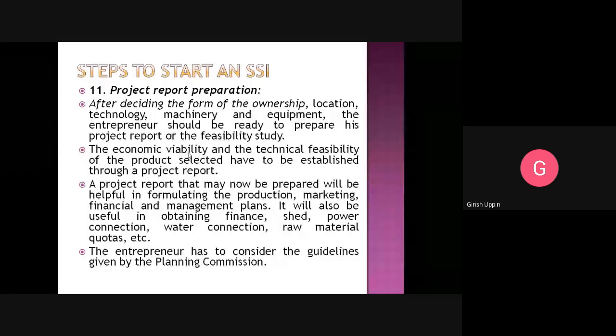guidelines, whatever is mentioned in the guidelines, he has to include all that information. And this project is going to be like a,